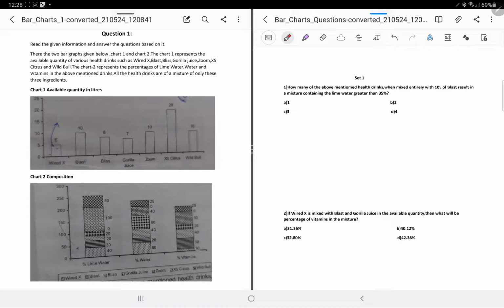So, this is our first session on bar charts. This would be a series of sessions. I think we'll cover bar charts in four sessions. Before starting with this, let's try to see what a bar chart is all about.